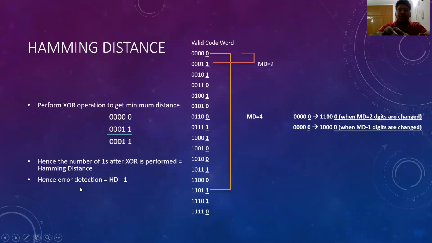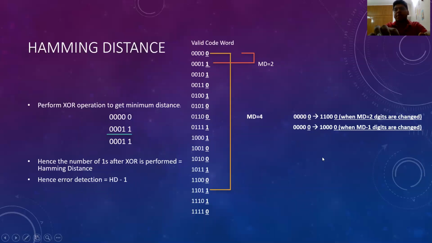So how will we calculate the error detection? We'll do the error detection by doing Hamming distance minus 1, which tells us that there are this many errors in the series that we can detect, HD minus 1, the Hamming distance minus 1 errors in the series. So why did we not use the Hamming distance directly? Why did we subtract 1 here? Why didn't we directly use the Hamming distance to calculate the error detection?